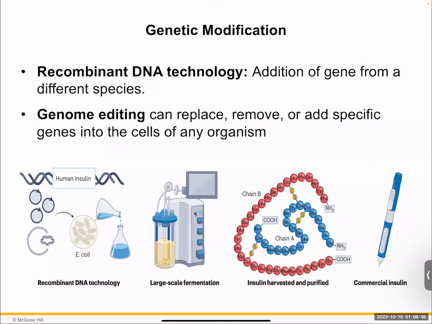So going back to that whole idea of genetic modification, I want to point out that we use a technology called recombinant DNA technology. And again, I will expand on this later on. We're just introducing the word right now. So in this case, what you see is they take the gene for human insulin out of the regular human genome. They put it inside the E. coli. They literally put the human insulin gene inside the E. coli genome. And E. coli, if you don't know, is a bacteria.